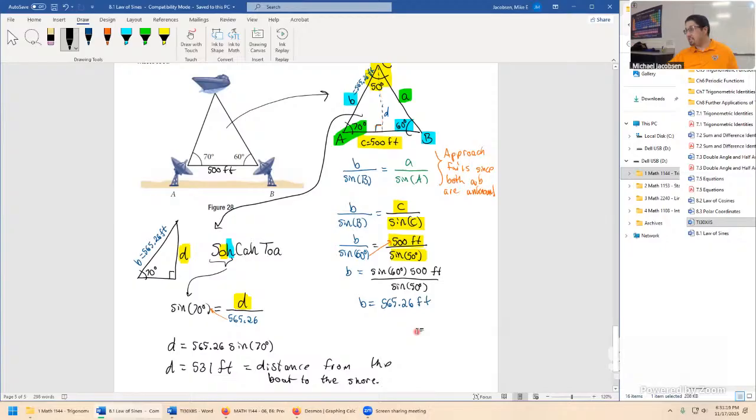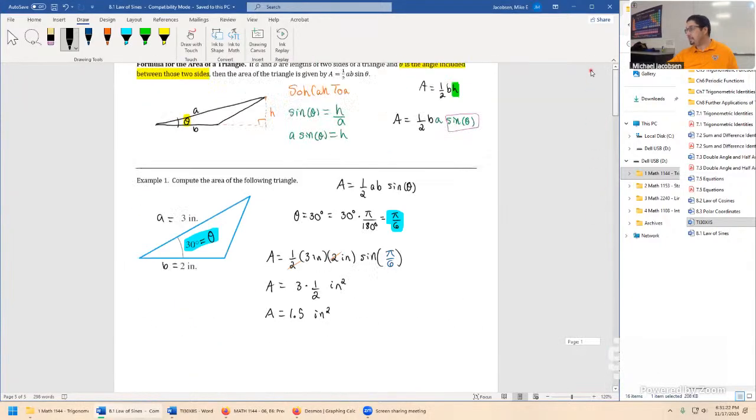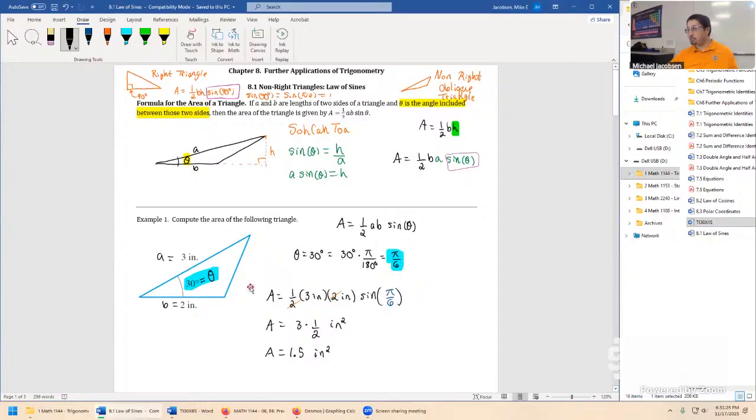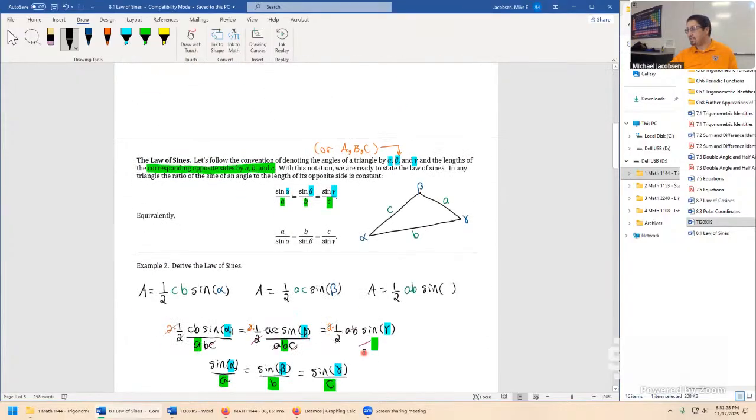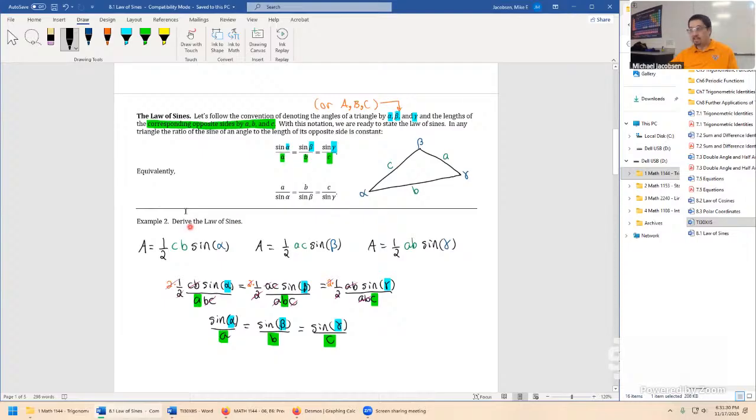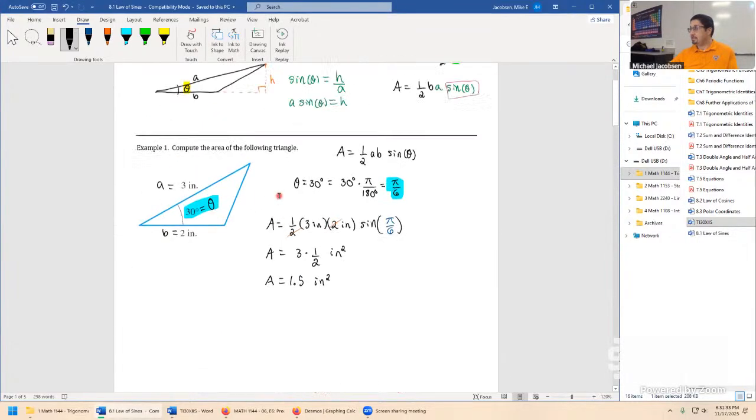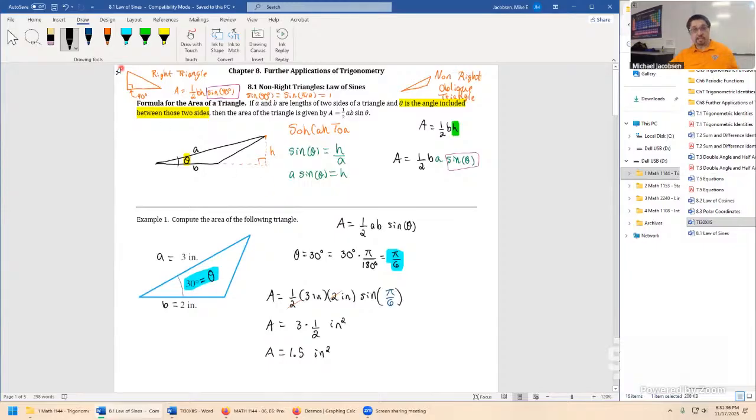The cool thing about law of sines is really it's just based off an area formula. And the idea was if you use the area formula three different ways, you can translate that area formula into this relationship law of sines. But there's a pretty cool remark about class, a really great observation about this area formula, is that it's just an extension of this formula that we wrote down here. Area of a triangle is 1/2 base times the height. In the special case that it's a right triangle, area equals 1/2 base times the height sine 90 degrees is a pretty true statement because sine 90 degrees comes out as just a 1.